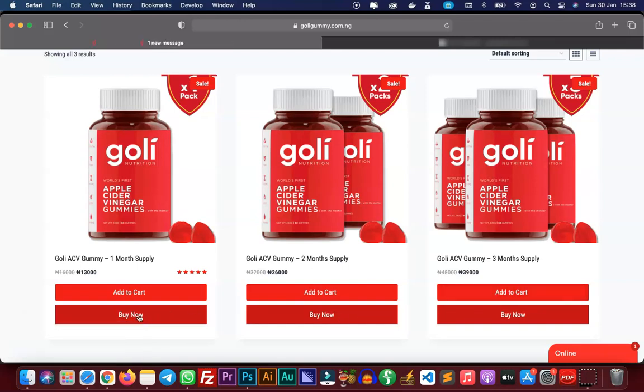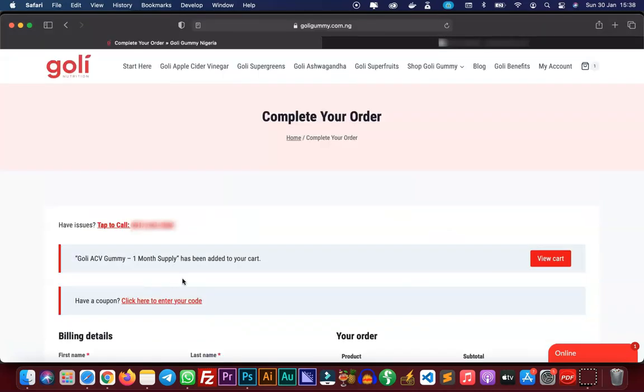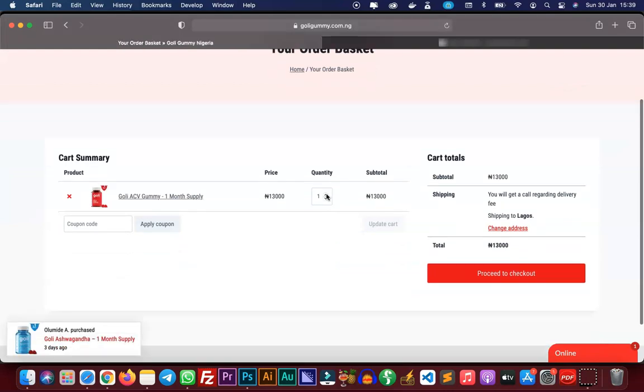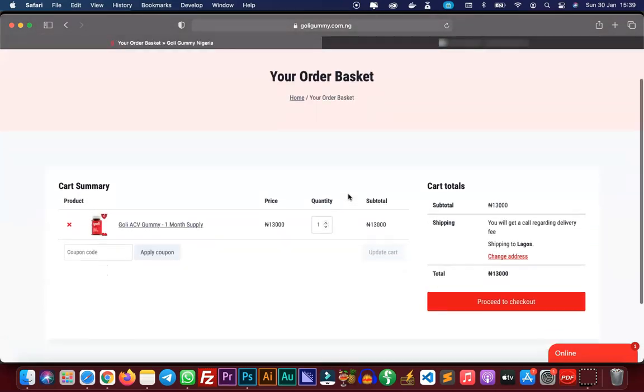So I'm going to click on buy now for the 1-month supply. So you get this notification that says the 1-month supply has been added to your cart, which is over here. Okay, and you have your order basket here. You can increase the quantity if you want. Most people tend to skip this, which is why I combined those products the way I did in the previous